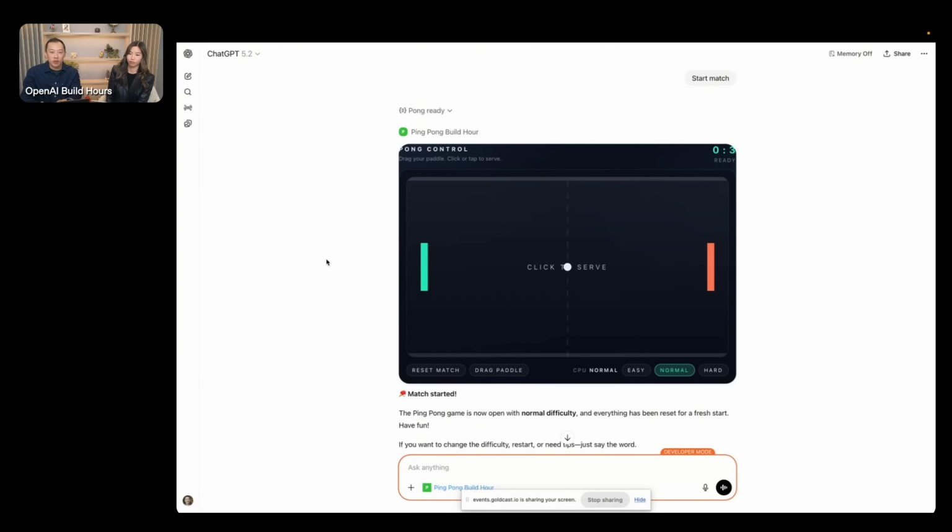But what would be even more fun is to have multiplayer AI insights where the model can give me information and do this in real time, where I can play with a friend who also is on ChatGPT, like Christine.